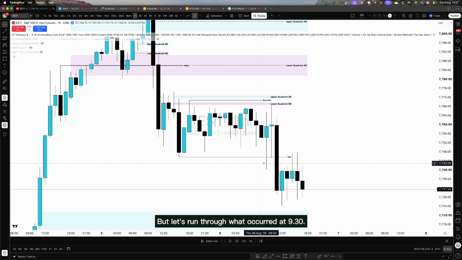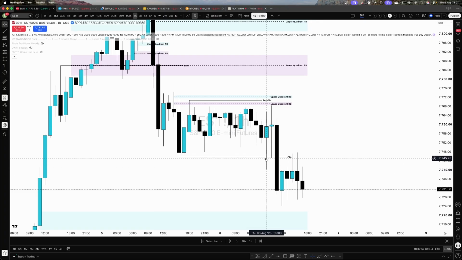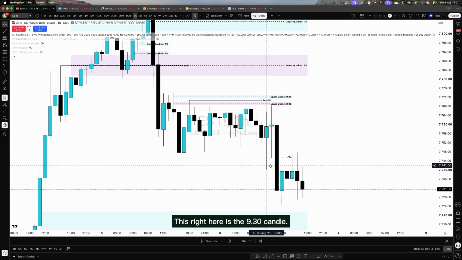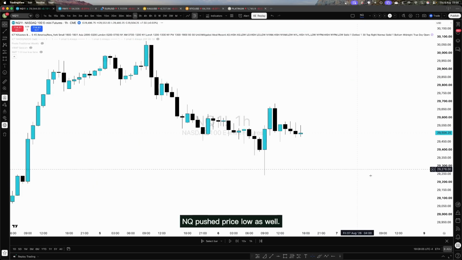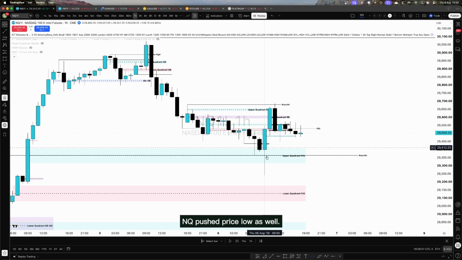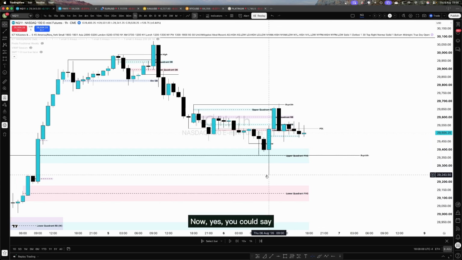But let's run through what occurred at 9:30. This right here is the 9:30 candle. We swept previous day low, and the moment that swept previous day low, NQ pushed price lower as well. Now, yes, you could say there was some sort of key level which I've potentially missed, but this is where